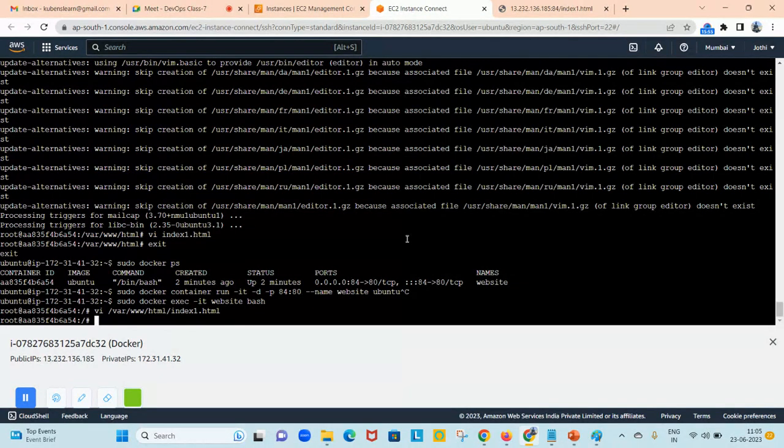See, what else did you do in the container? Initially you updated the container, and then you installed Apache 2. After that you installed the Vim editor, right? And then you kept some index1.html file as well. Now what I will do is,